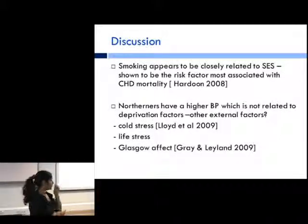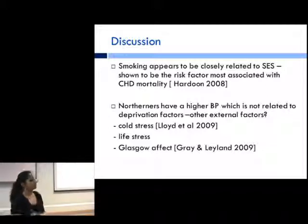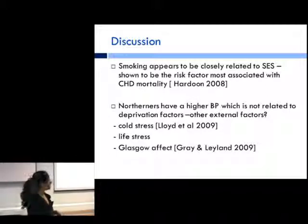So smoking appears to be closely related to socioeconomic factors, and it has been shown to be a very large risk factor for coronary heart disease, with this study looking at the IMPACT study specifically, which looked at how much these risk factors affect reduction in mortality rates. Smoking was thought to have quite a big impact on mortality, accounting for up to 50%, with blood pressure and cholesterol accounting for more like 10%. Other studies have shown slight variations in that, but smoking has always been up there as one of the biggest